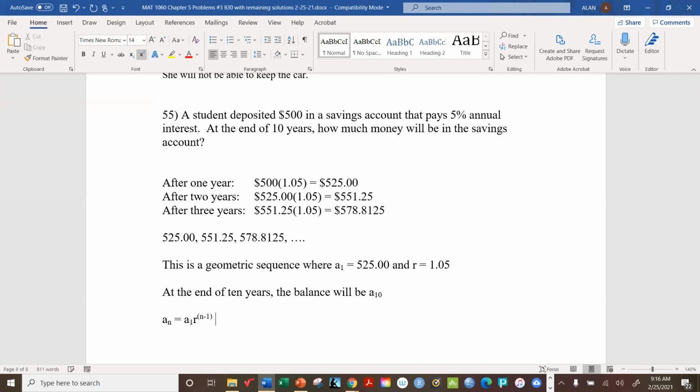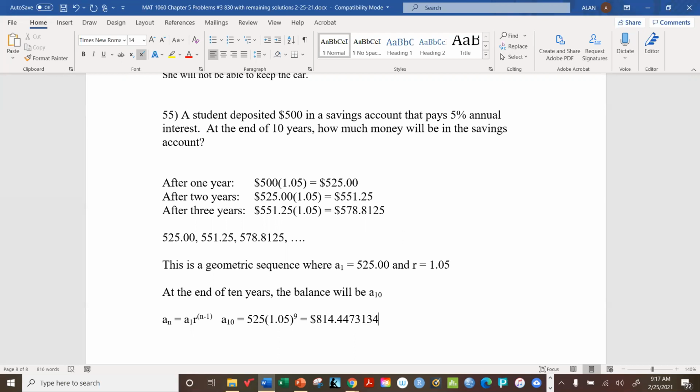Okay. All right. So that means that A10, which is what we're aiming for, is 525 times 1.05 to the 9th power. And that adds up to approximately 814.447. I think that there's more digits than that. Let me just double check that real fast. 1.05 to the 9th. Yeah. It's a lot. Yeah, it's like